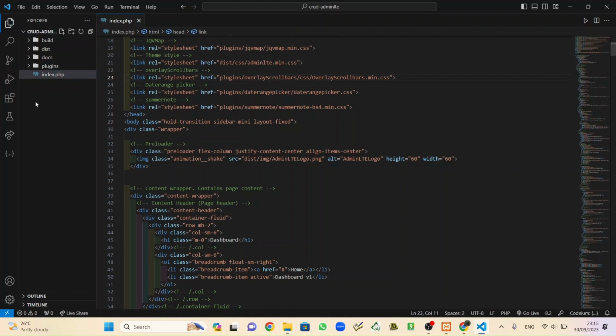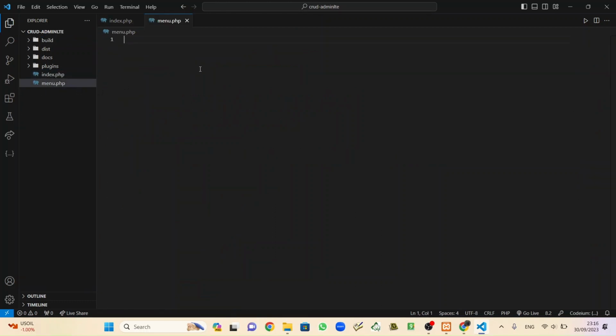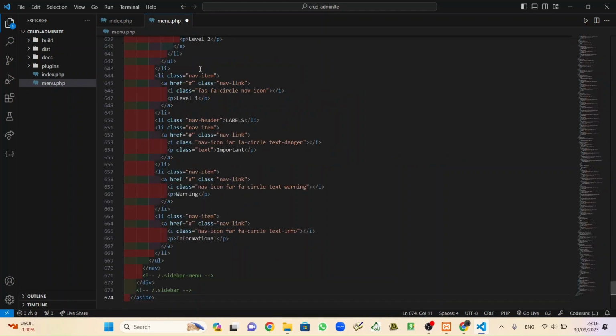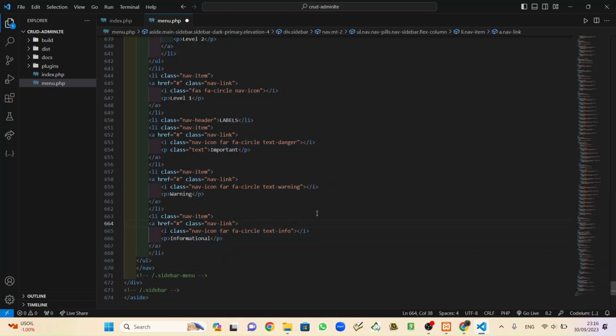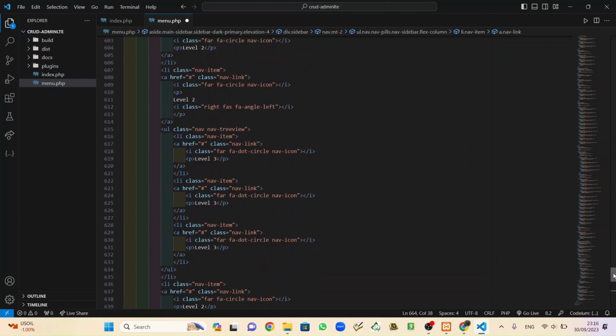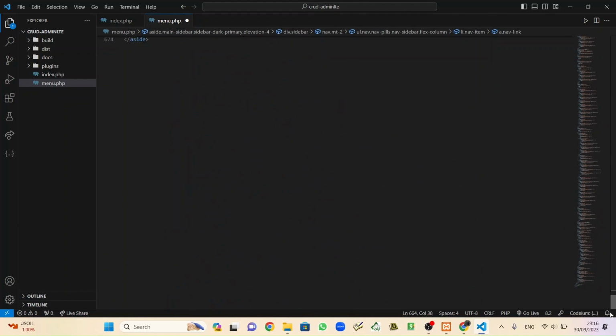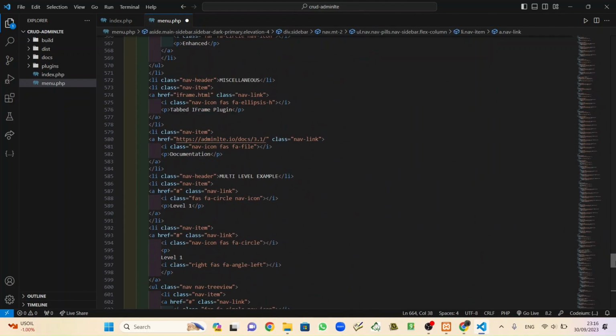So create a new file with the name menu.php and place that inside here. And we can make this neat with Shift Tab. Okay, that's enough. So when you see that, that's a long code here. So inside menu, it's just the menu.